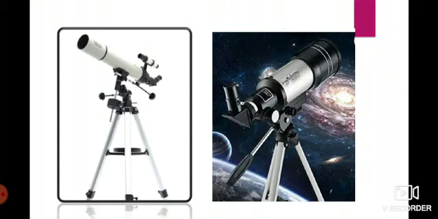And next one, the advantages of telescope. It is used to get an elaborate view of galaxies, planets and stars, and we get knowledge about those heavenly bodies. And a camera can be attached to the telescope for taking photographs of celestial objects, and the telescope can be used even with low intensity of light also. So these are the advantages of telescope.